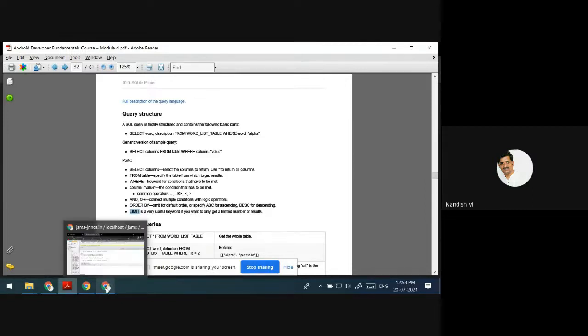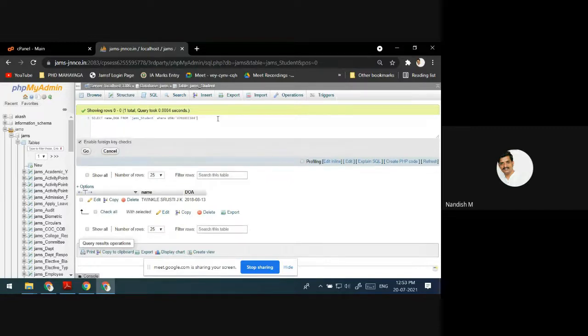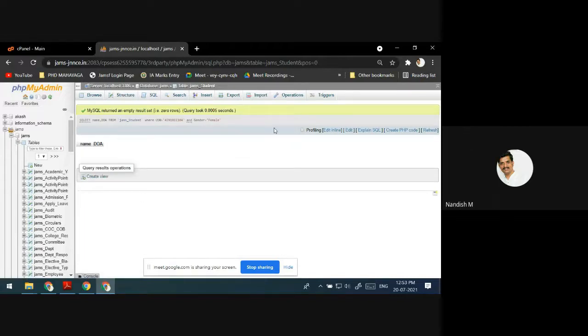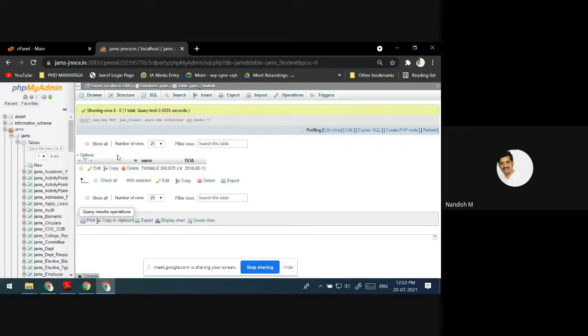Whenever you add conditions one by one, for example USN equals this, and gender equals female, in that way I have to give them. Okay, this is the format we have given.